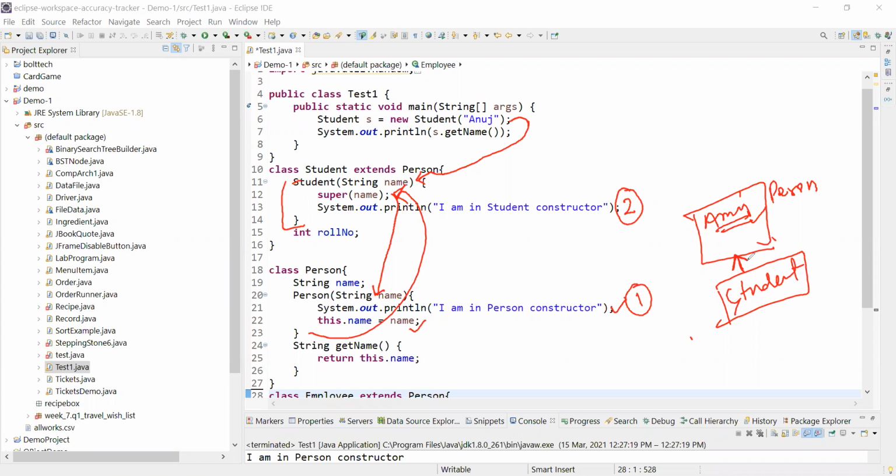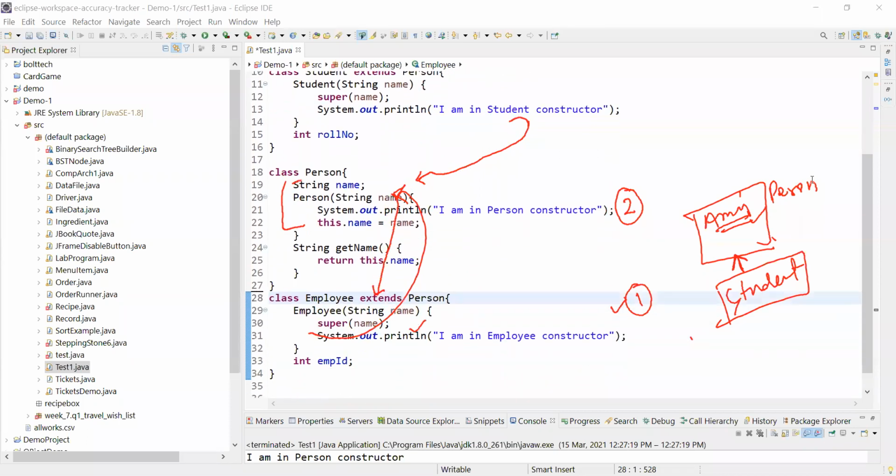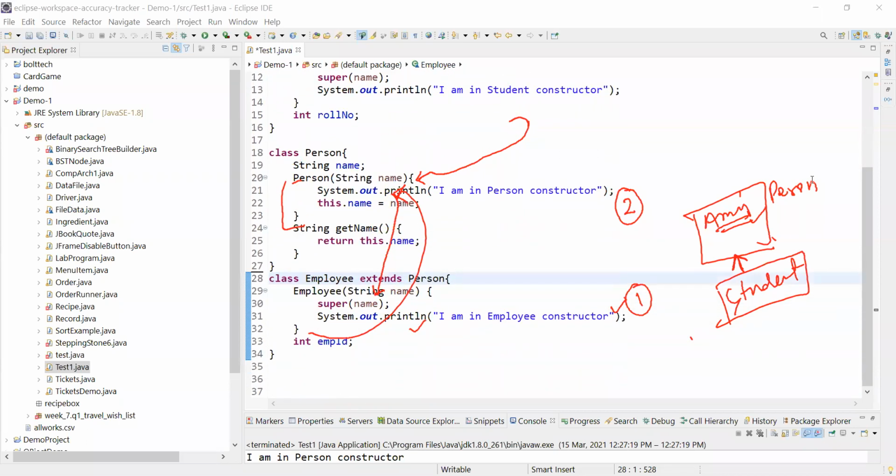Is this called at runtime or a compile time only? Runtime. Yep. And here our parent also has the same constructor like child. If the parent doesn't have the same arguments in the constructor, then what will happen? Sorry, come again.